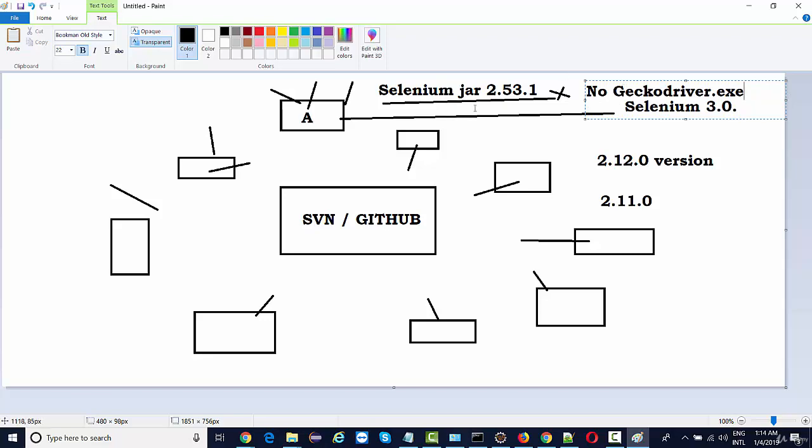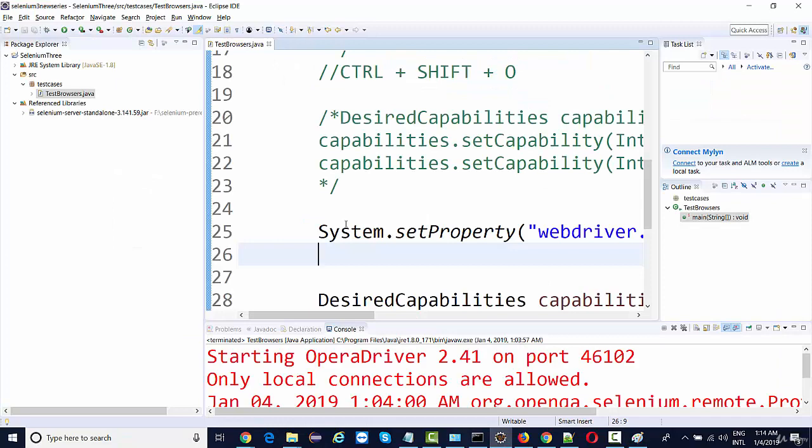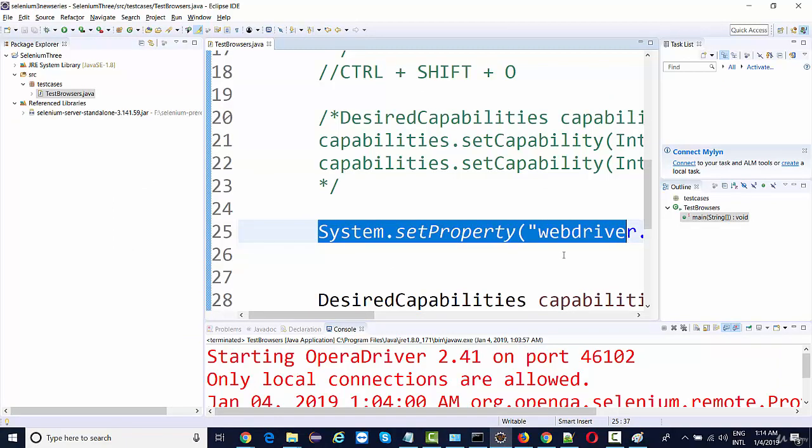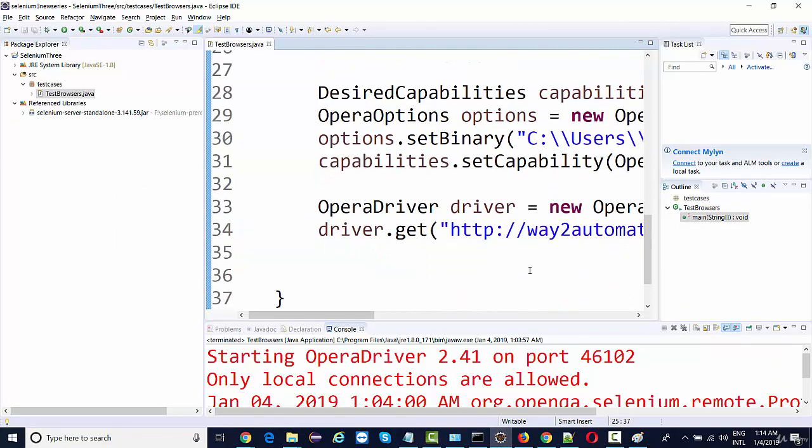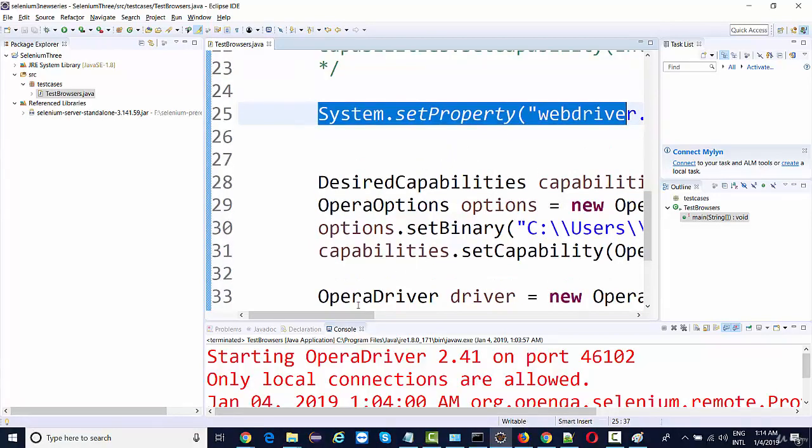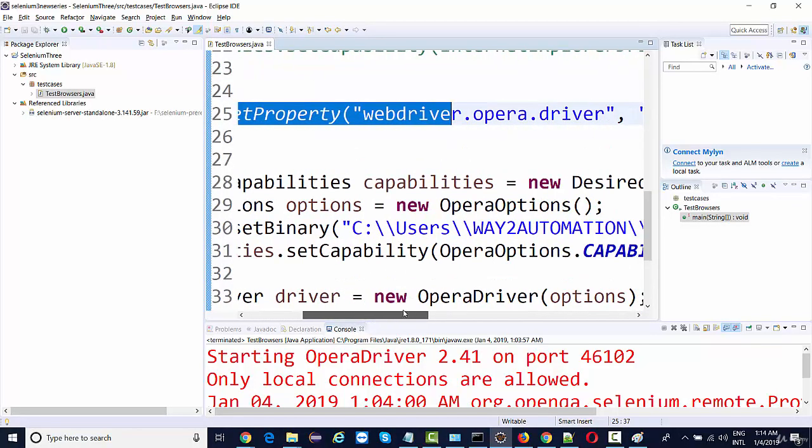So when we used to launch the Firefox browser, there was no need to give a system set property for Firefox. Simply create an object of the Firefox driver class, run it, and the browser should launch. That is how things happen in Selenium 2. Now, with the update to Selenium 3, there is a new introduction of this Gecko driver, right?